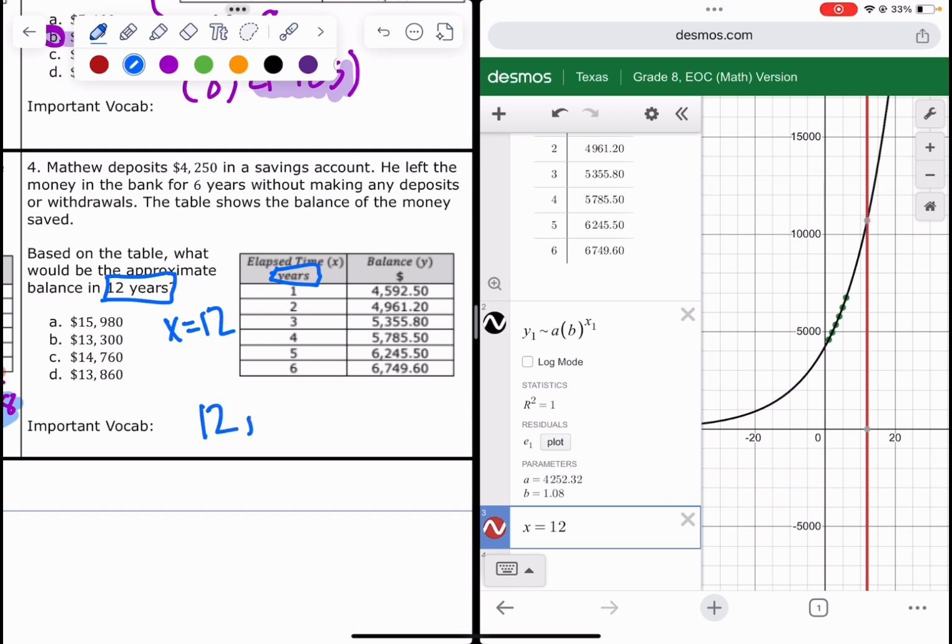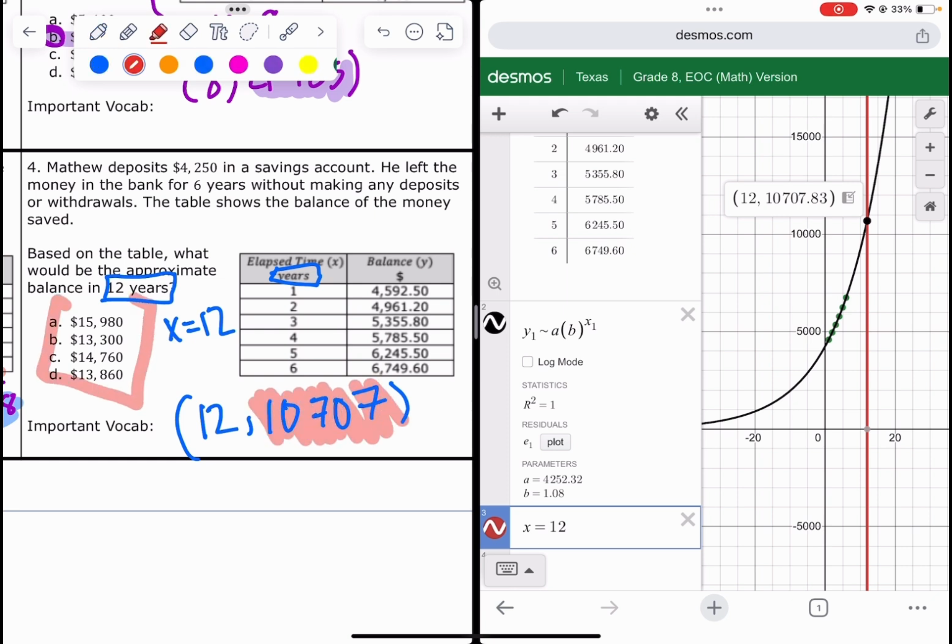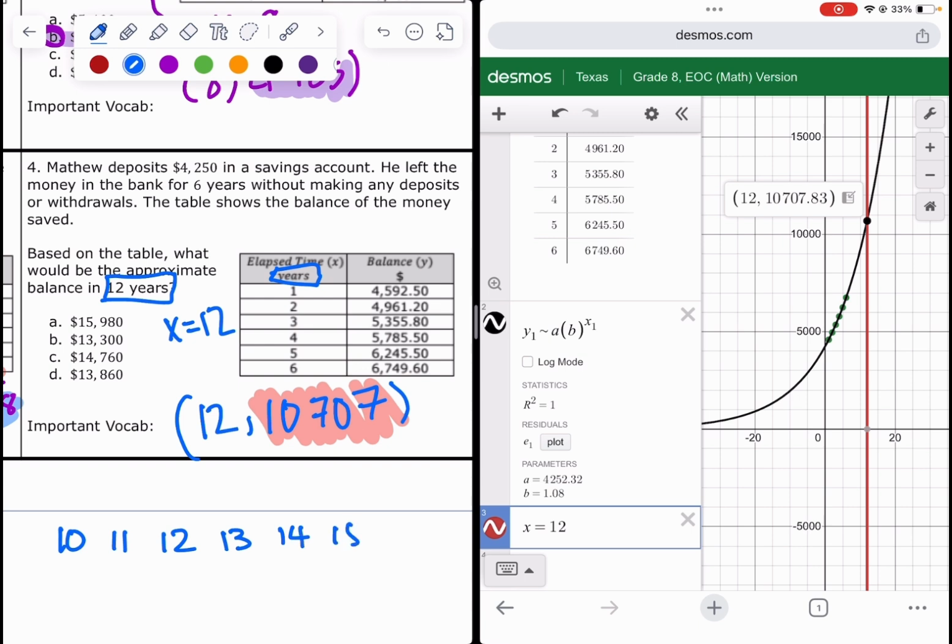12, comma, what was it? 10,707. Now, this is where it starts to become a little bit more difficult because we're looking for this number, but see how none of the numbers match? We need to look at the closest number. So, here's what I like to do. You have 10, 11, 12, 13, 14, 15, like you're counting. This is the number I have right here,